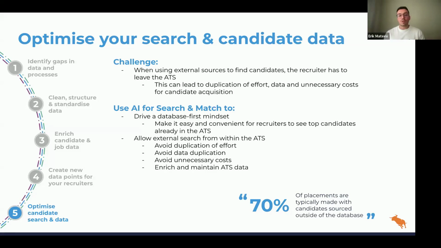But at a very high level, the way AI search and match works is it takes key information from a job. It then takes those keywords and includes all the synonyms or other ways in which those keywords might be written to build a complex Boolean search. It then executes that search against your database. And once it gets the results, it's going to parse those results through a machine learning model. This is a model that has been trained on over 20 billion data points.